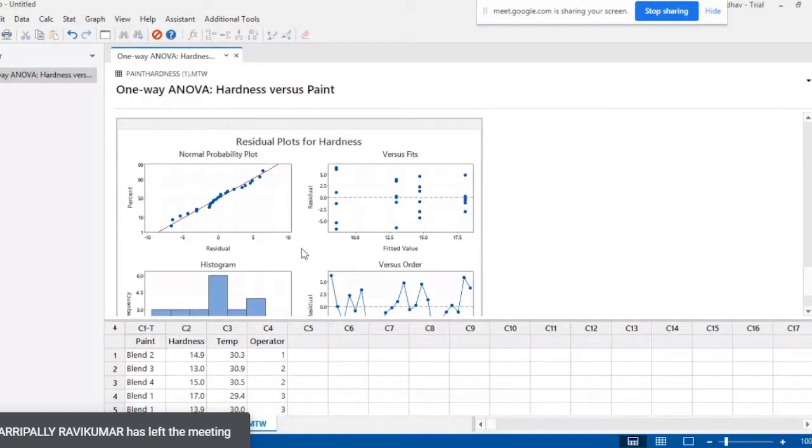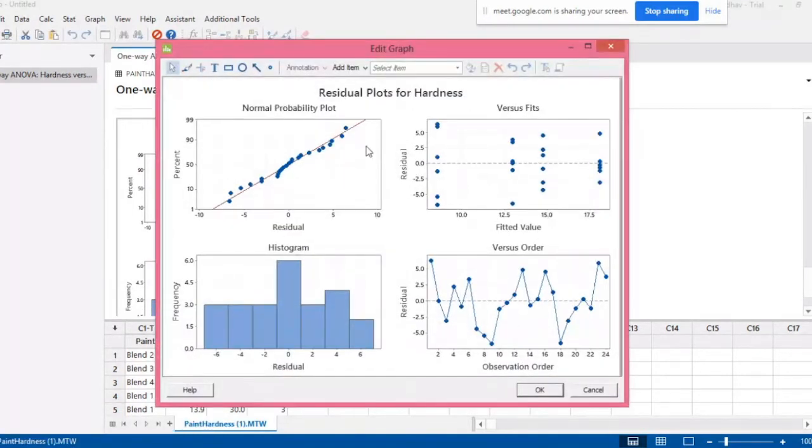And then we check the residual plot. So residual plot, here we can see this is the normality plot. And here you can see this residual versus fit. This should be a mirror image. So you can see almost it is a mirror image. Okay, also the residual versus observation order, it is a random one. It is not a pattern. And histogram, so here we can see it is not a bell shape because we have few observations for each blend. What is this fitted value, sir?